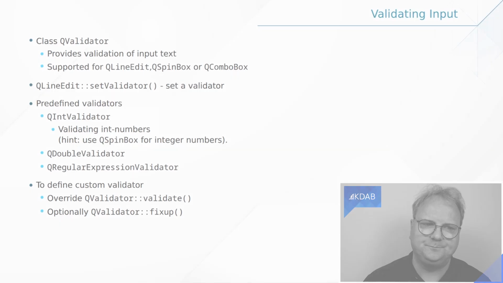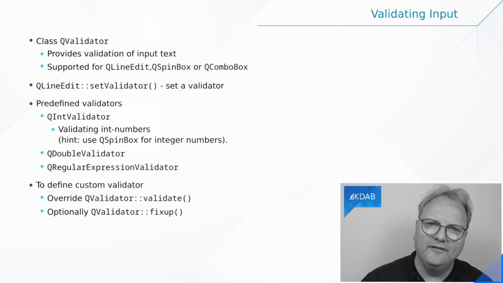And what happens is that when you type something in a line edit, before it actually shows up so your eyes can see it, it will go to the validator associated with that line edit and say, is this okay? And the validator can say, not a good idea. You cannot type the letter 3 at the very first position because that would mean 300 and something, which is not a valid IP address.